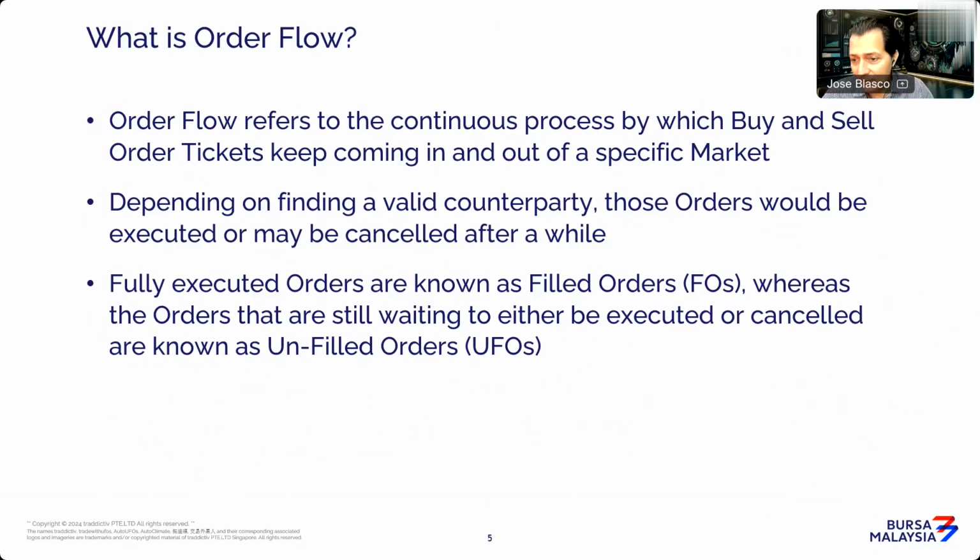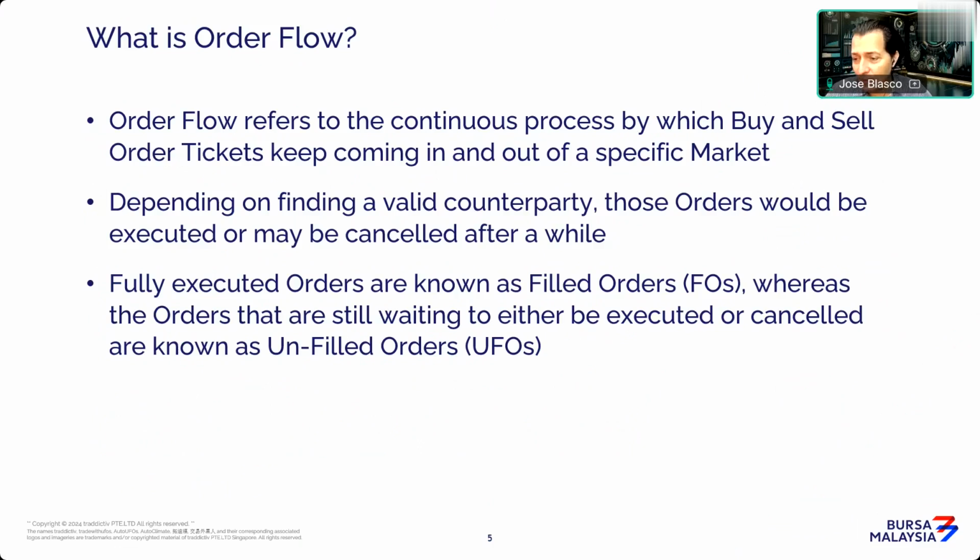Now, if it's not executed, it's going to stay there. And two things may happen. A counterparty comes in a bit later and the order gets executed, or no one is coming in at that price. Okay, maybe someone wanted to buy at 50 and the price of the asset you wanted to trade is 52. That person is willing to buy at 50, but the reality is that the price of the asset is 52. So no one is selling at 50, given the fact that the current price is 52. So that person who wanted to buy at 50 is waiting and waiting and waiting. And maybe after a while, that order to buy at 50 is canceled.